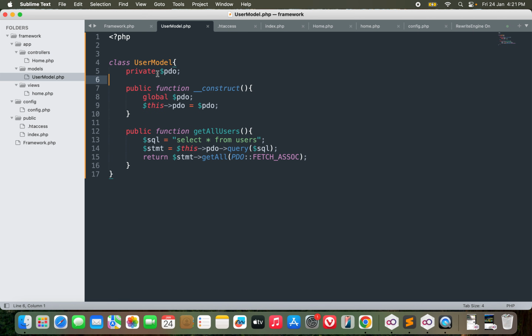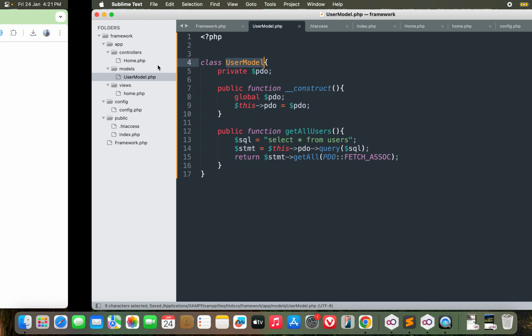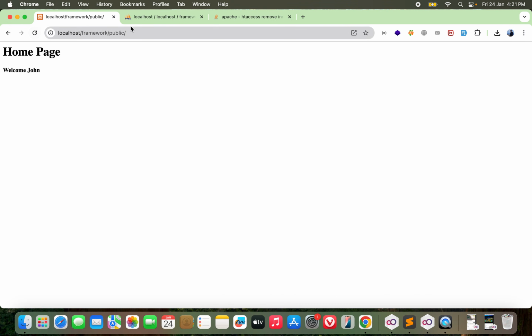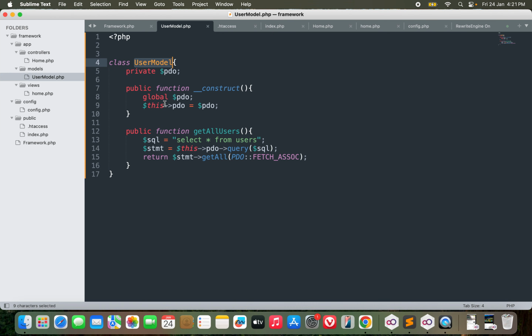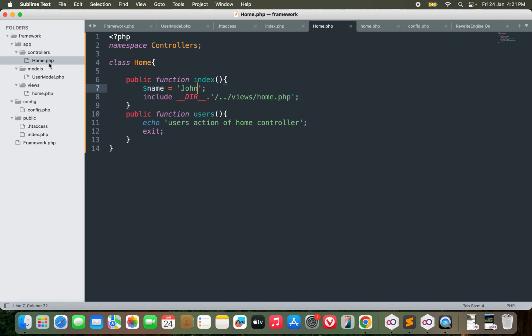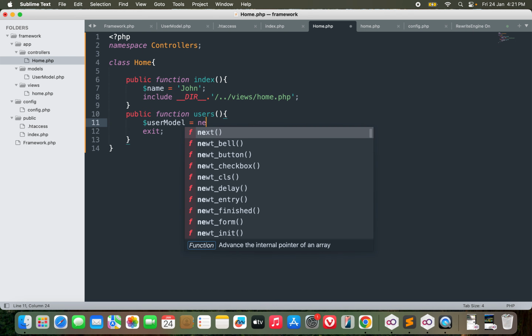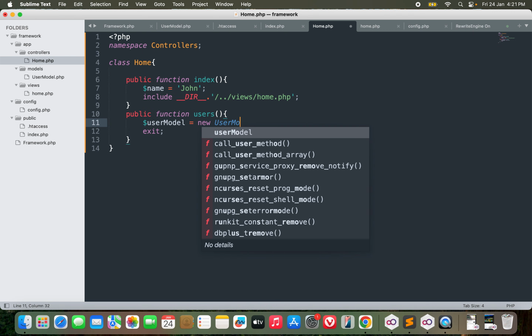But I have not called this model from anywhere yet. Let's see. There's no issue here. If I go to users, there is no issue here. But I need to call it. I need to call it from the users action, right? So how can I do it? For calling the model, I will create a new instance of the UserModel class, new UserModel,